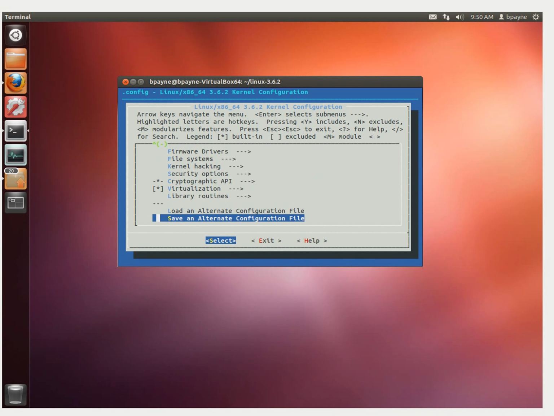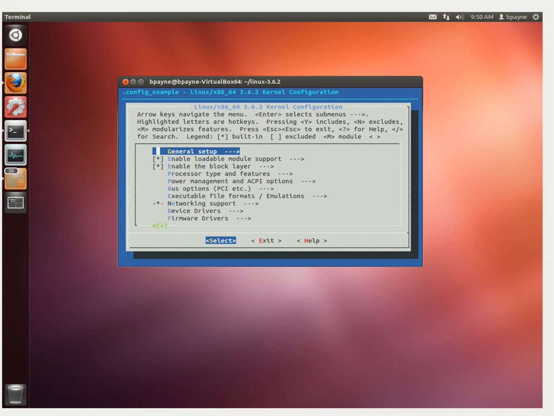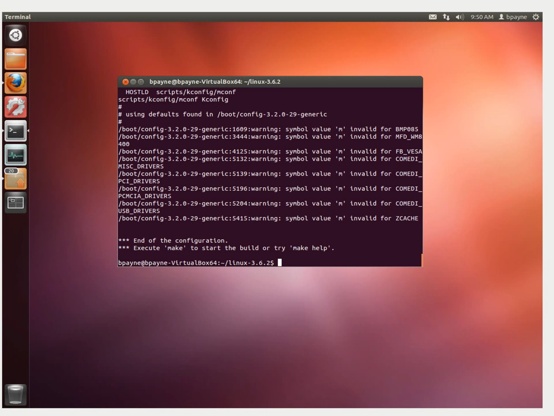Alright, so now we're going to save this. Alright, now we'll exit. So that's done. And now we're going to type make. Oh, by the way, that file was saved, but in order to use it, we're going to do move